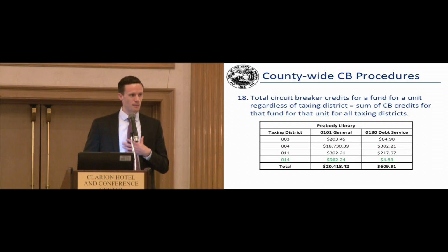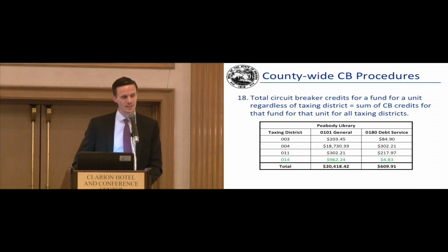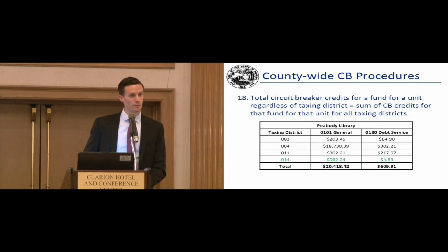So in terms of thinking about it logically, we just have a second spreadsheet set up that pulls it in. This worksheet is noticeably shorter than the one before it, because it doesn't have the individual funds for each taxing unit. Instead, it just has the taxing units listed for each individual taxing district. So here we've got Peabody Library,